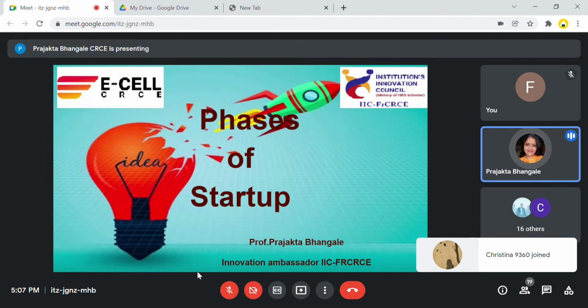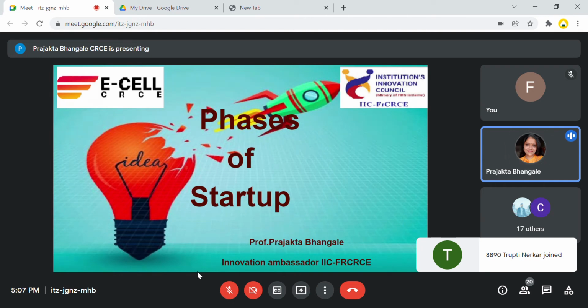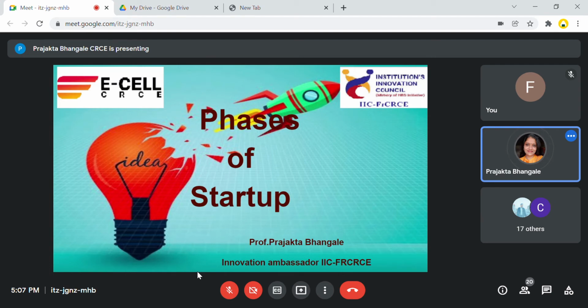You can see my first slide. What is that? That's a bulb showing the idea, and then the rocket is coming out of that. You are supposed to think something out of the box. Obviously, thinking out of the box is not that easy. But